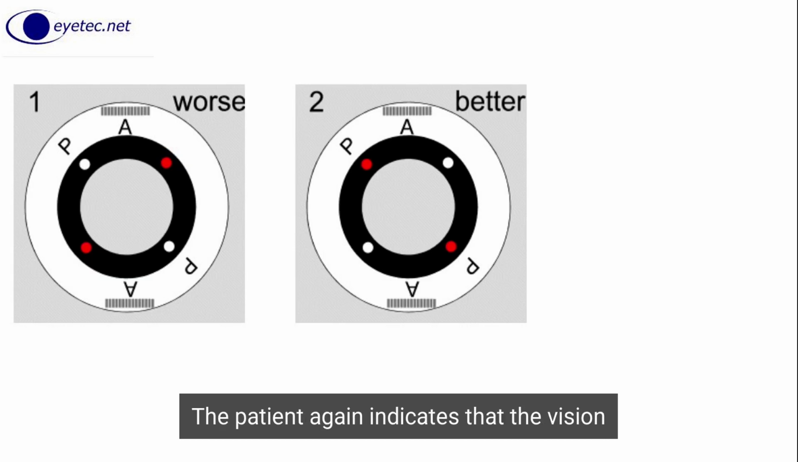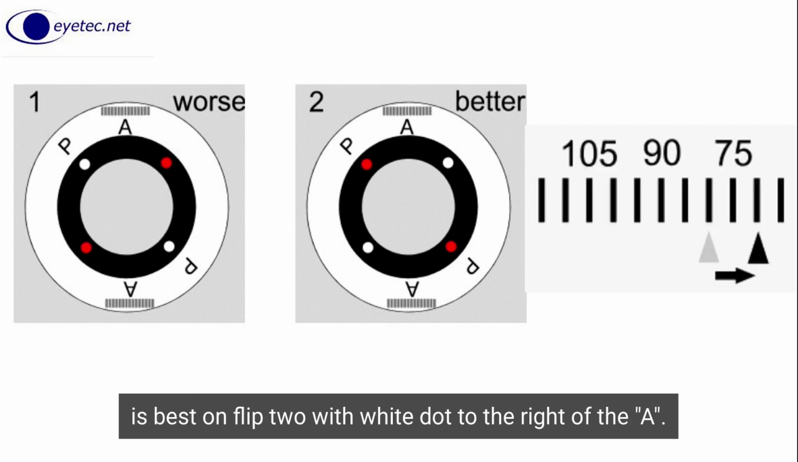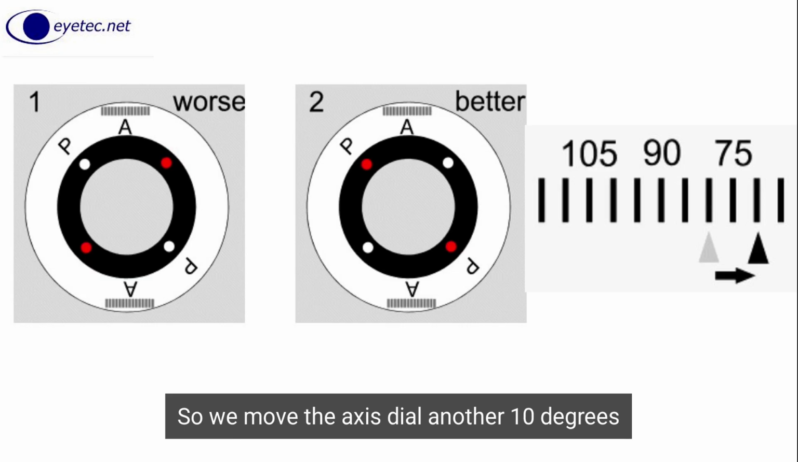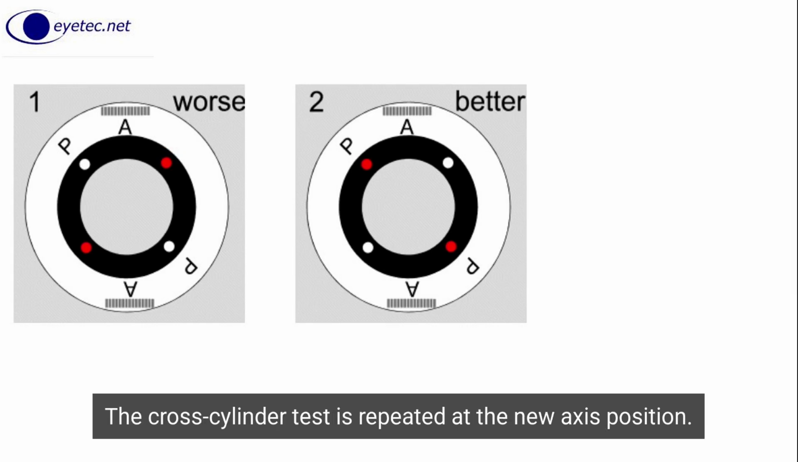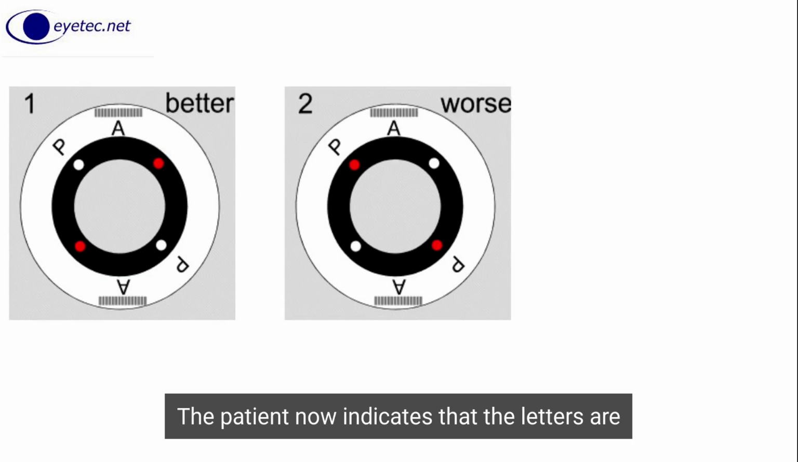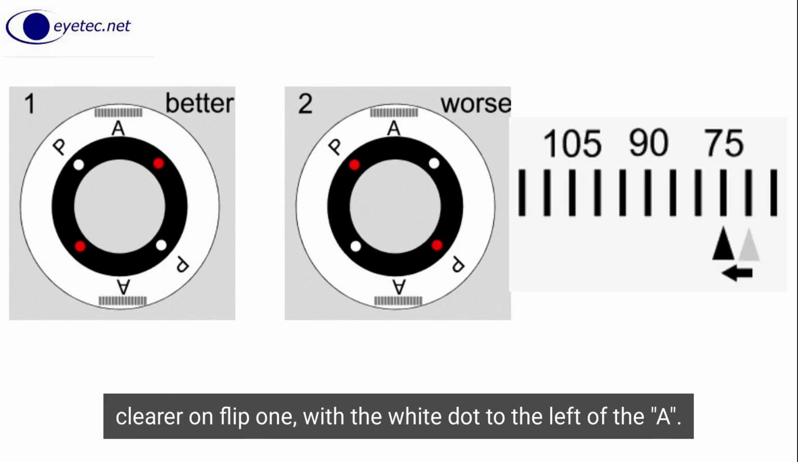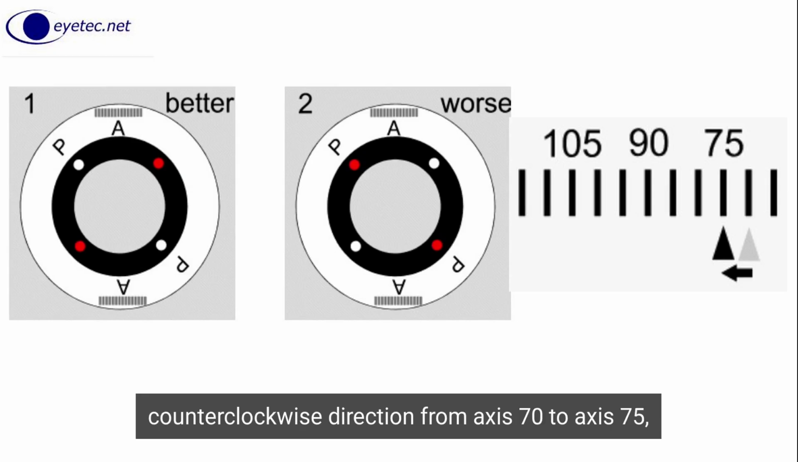The patient again indicates that the vision is best on flip 2, with the white dot to the right of the A, so we move the axis dial another 10 degrees in the clockwise direction, from axis 80 to axis 70. The cross-cylinder test is repeated at the new axis position. The patient now indicates that the letters are clearer on flip 1, with the white dot to the left of the A. We now move the axis dial 5 degrees in the counterclockwise direction, from axis 70 to axis 75,